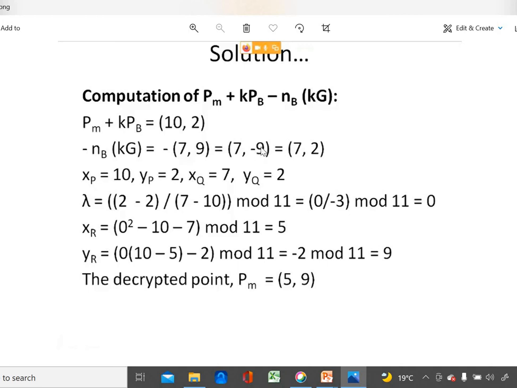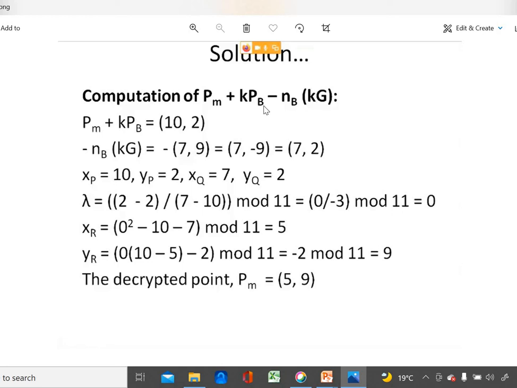Now minus 9 in the inverse format here, because mod 11 is there, right? Because this is using a prime number, modulus will be there. So we can't write it like minus 9. Minus 9 mod 11 becomes 2. So we will write it as 2. So this is (7, 7) mod 11. This is 7, minus 9 mod 11. Please remember this point. This minus 9 we can't write directly. Minus 9 mod 11 will be there. Please remember, because this is by using a prime number.